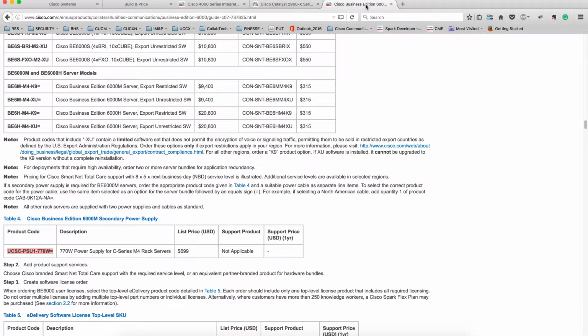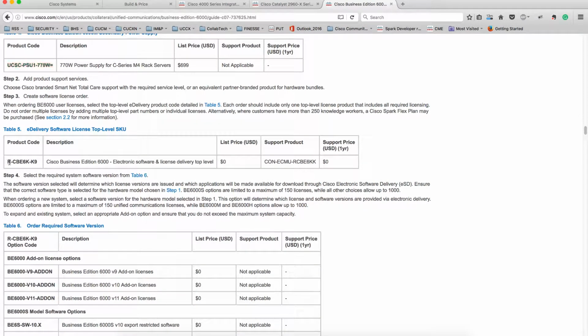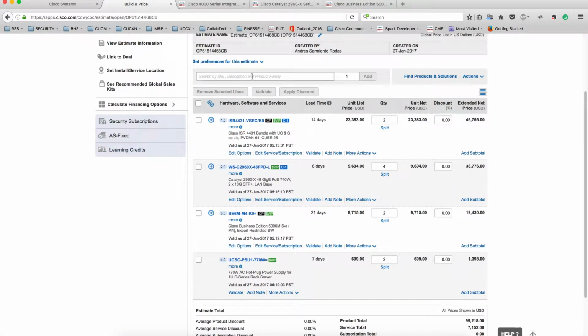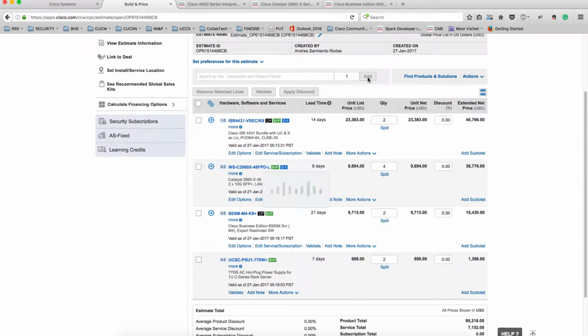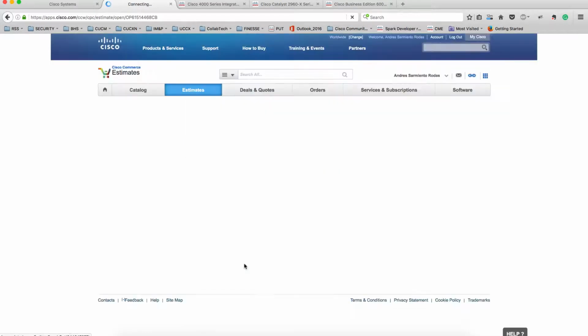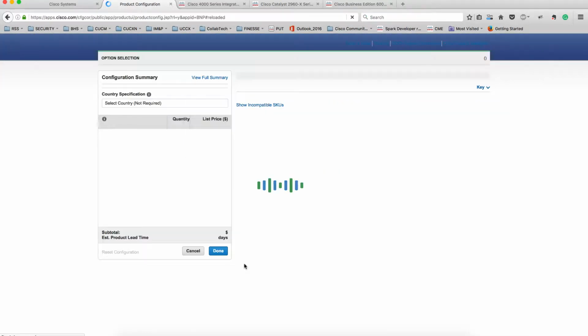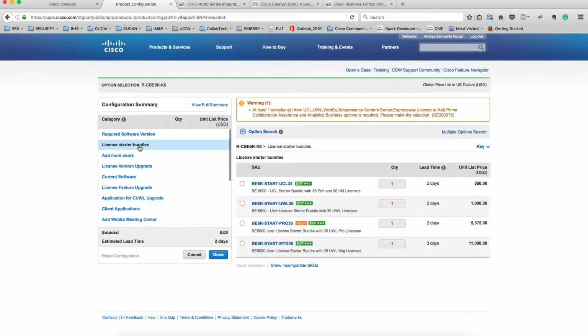So where do we get the licenses from? We'll get it from this section, and this is gonna be the e-delivery software license. Now once we get here, we're gonna select this guy, and then we're gonna go to select the options. We're gonna have different options, which I'm gonna show you real quick. Okay, so you have starter